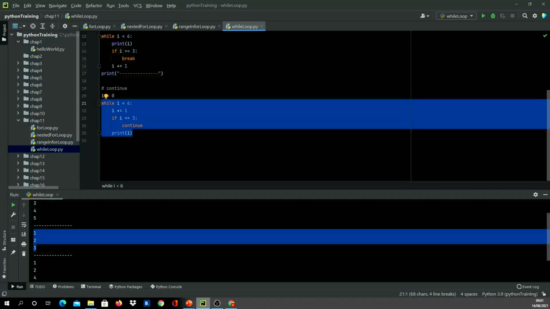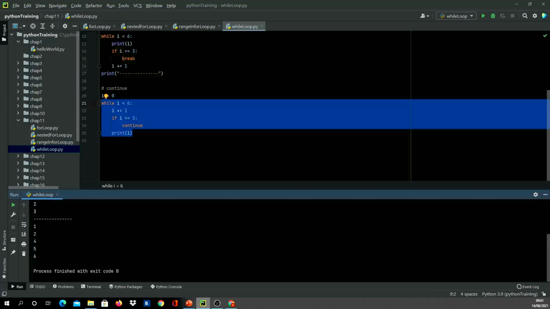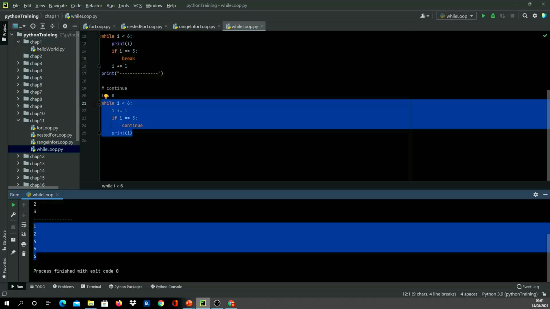When continue is there, it says don't bother running any part of the current iteration, go to line number 21 and run the next iteration. The output here you can see has skipped number 3, but it has printed 1, 2, 4, 5, 6. So that's our for loop, while loop, and range.